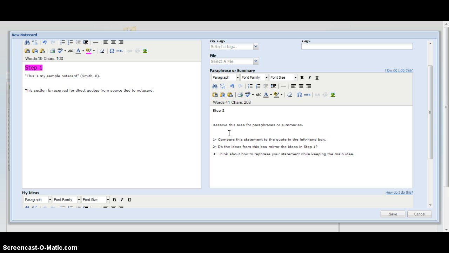Alright, so just make sure that your statement and your quote are not too closely matched, but you do want to keep those ideas constant, just so I know that you're paraphrasing someone's quote. You're not just using a source to use a source. Alright, and then finally, step 3